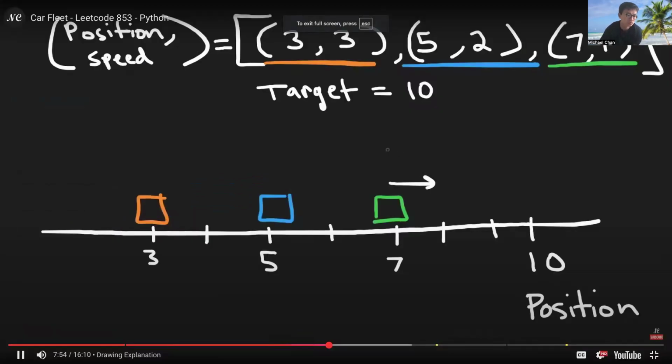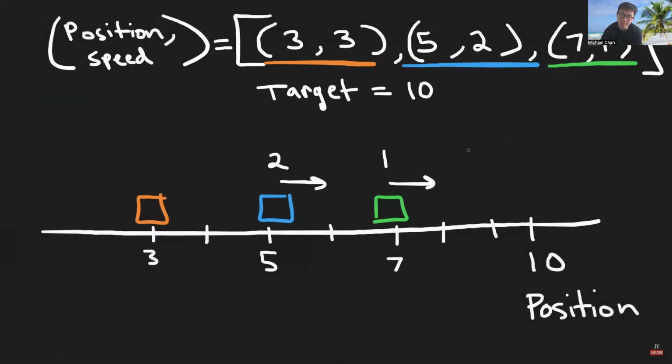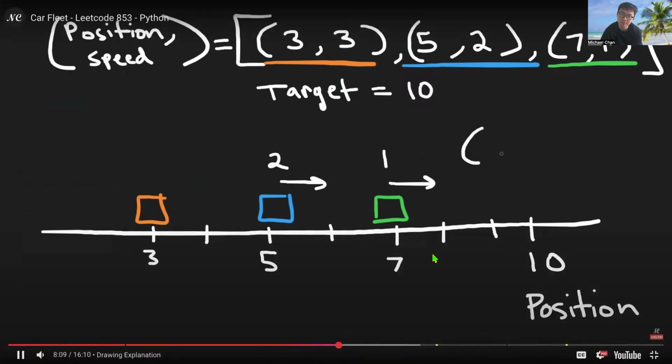Since this one is moving at 1 mile per hour and this one is moving at 2 miles per hour, or whatever unit of speed they gave us, we can calculate what time they're going to reach the destination. We can do it pretty easily, right? We can just take the distance difference for the green one first. We can take 10